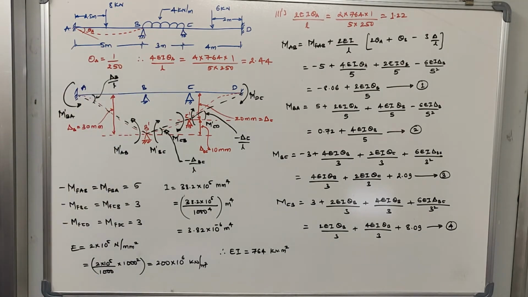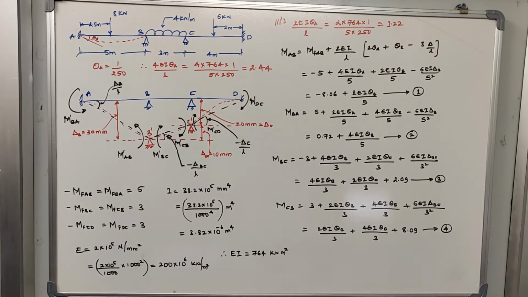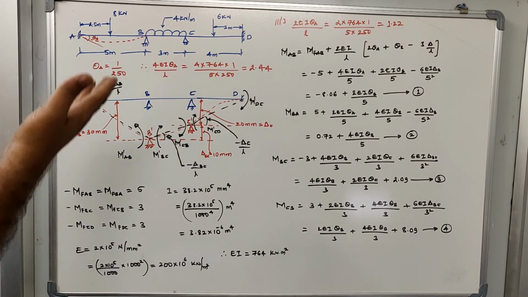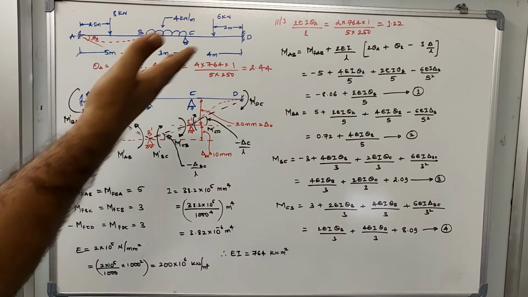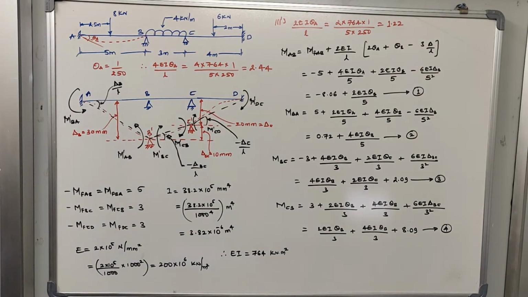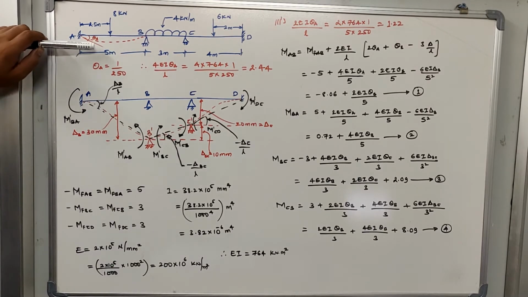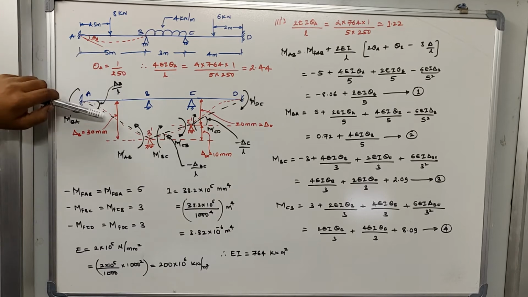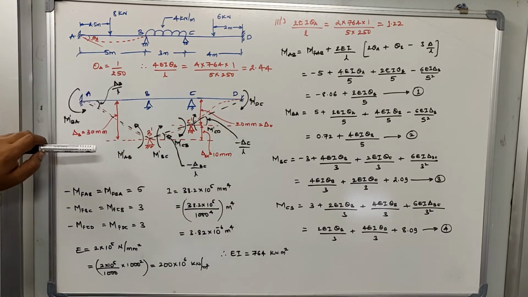Once you solve all of this, the next step is to develop the slope deflection equation. But before you develop it, we'll try to understand the effects of sinking of support, which is B and C, and we'll also try to understand the effect of theta A while developing the slope deflection equation. Let us first go with the sinking of support, then I'll explain the impact of theta A in the slope deflection equation. As you can see, I have drawn two figures. This is the first figure where I am trying to explain theta A. This is the second figure where I have explained the sinking of support or settlement of the support.